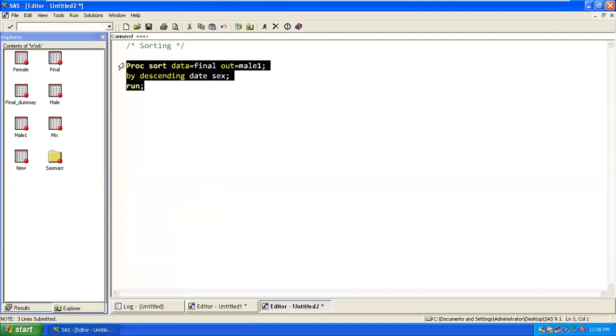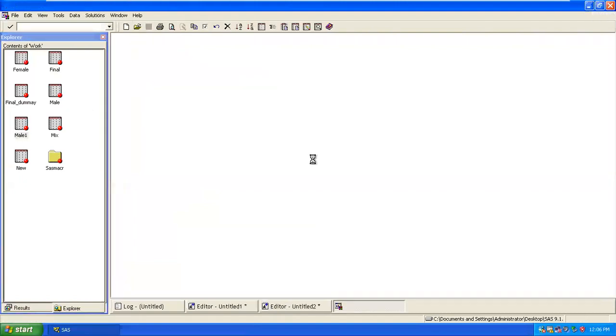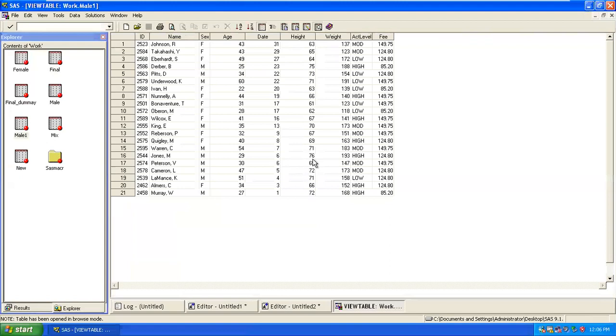Now if you look at the data set, mail1. Now this is called dual sorting. So now you are sorting based on descending. This is based on descending. Correct. And within the group, this variable is ascending. Got it?